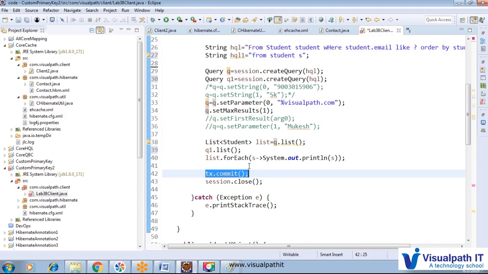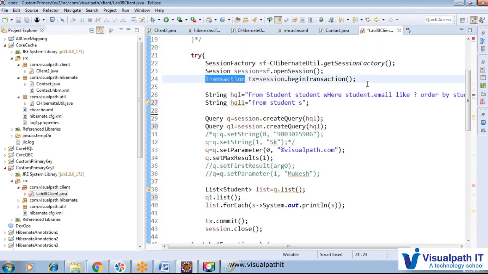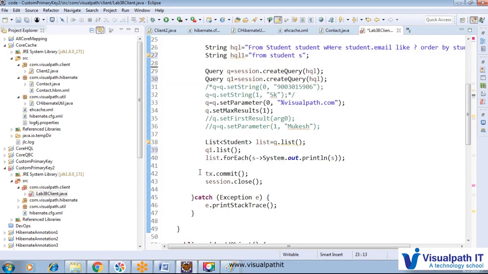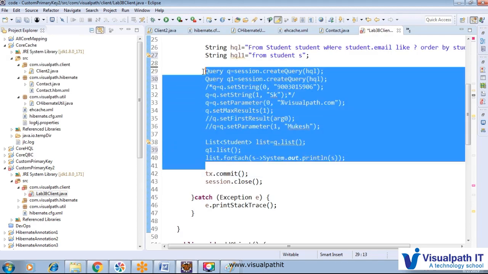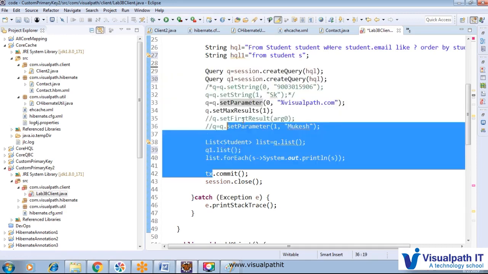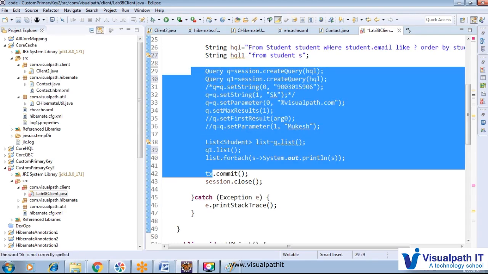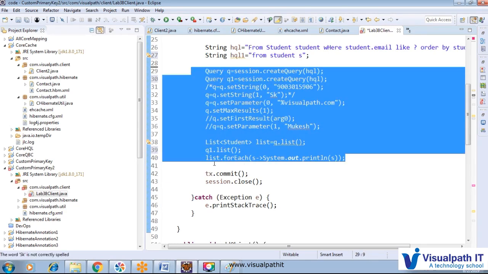So what I am saying is that once the transaction is started, from begin transaction to transaction commit, however many operations we do in that duration, even if we save 100 times, retrieve 20 times, delete 5 times, any operation, all the operations will be pushed inside that one cache. That cache is called the session cache, and after tx.commit the session cache will be pushed into the particular database and it will affect the database.